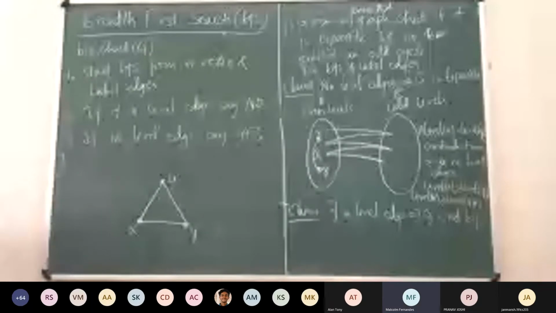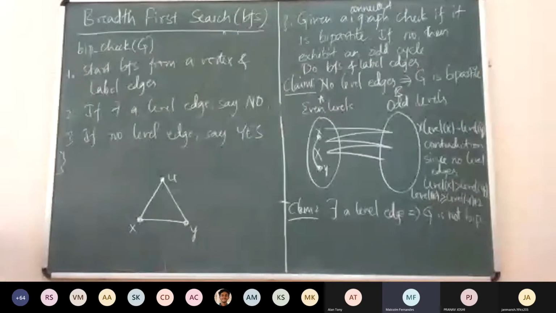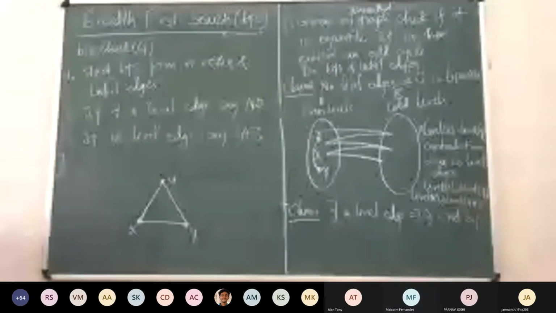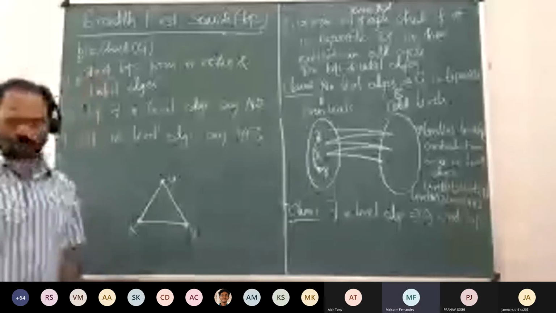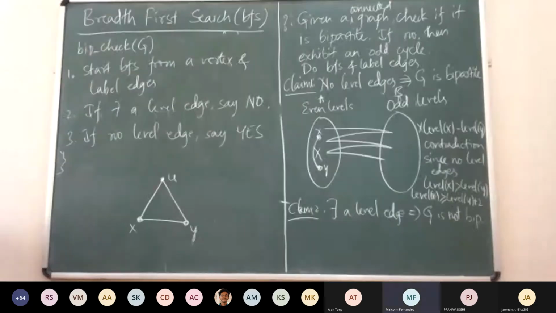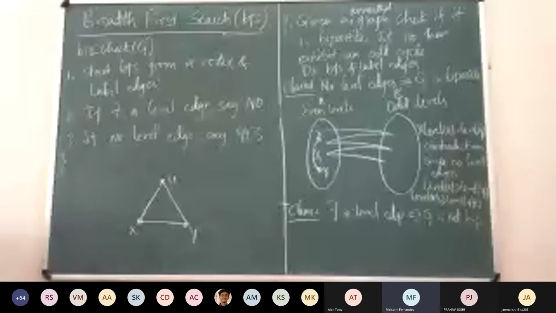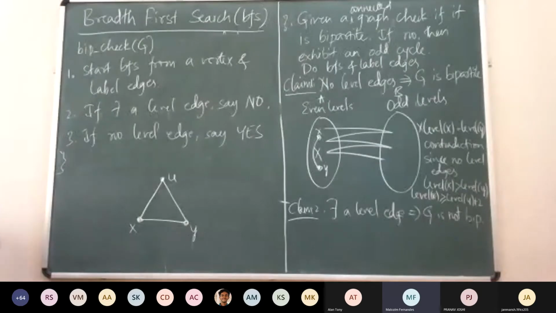It's along the same line, sir. Basically, since they're of the same level, they'll have the same number of ancestors, because it's a level edge. Okay. So does every vertex have an ancestor? Unless they're two different sources, they'll have an ancestor. In BFS we said that there is only one source. So yes, they'll have an ancestor.